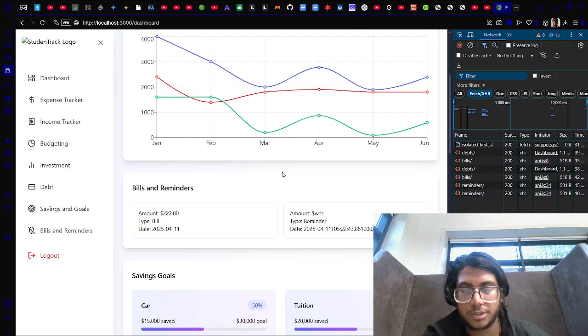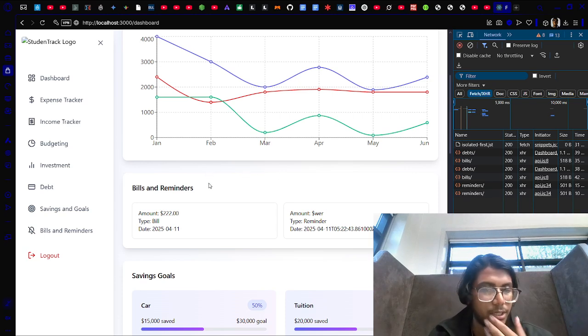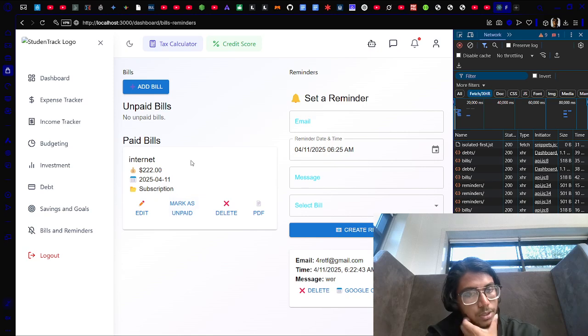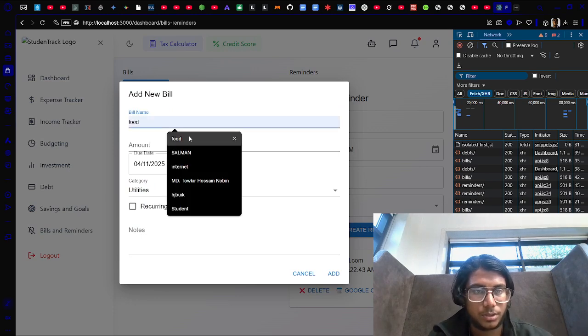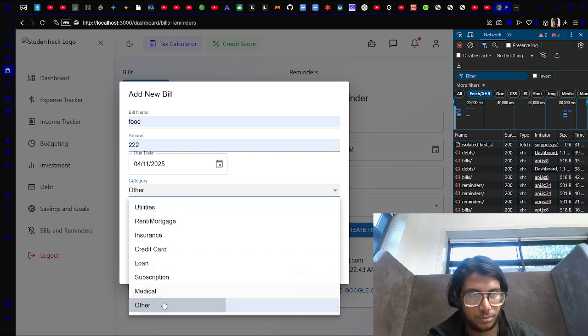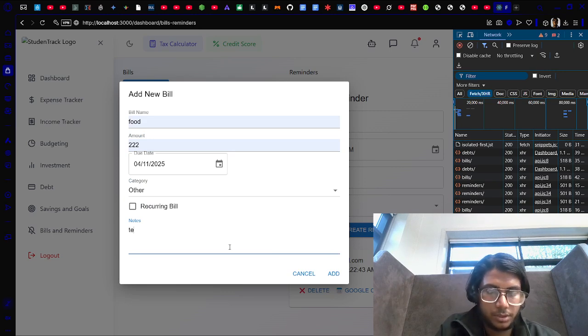Then I'll show you my database. We all agreed on the SQLite 3 database, and it's also working. I'll click bills and reminder. So it's the Internet one. Let's mark it as paid. It is changing here. I'll click add a bill. I'll do food, amount, just anything. Let's do other. In notes, I'll just add Tesco maybe,